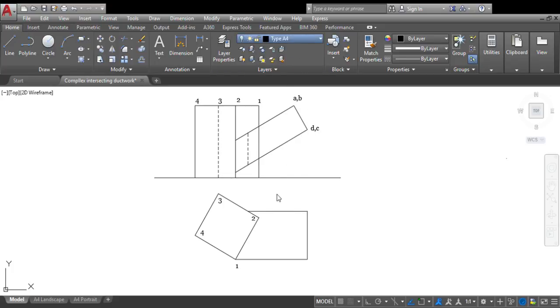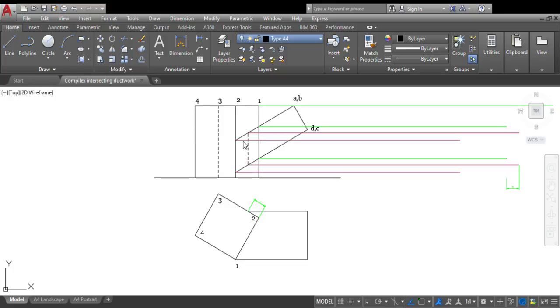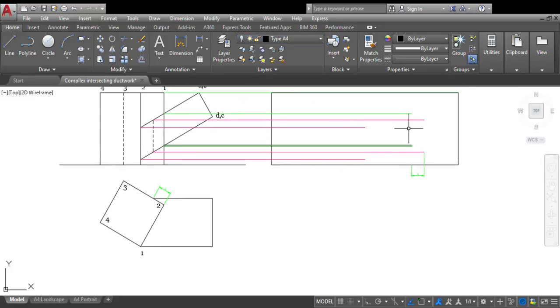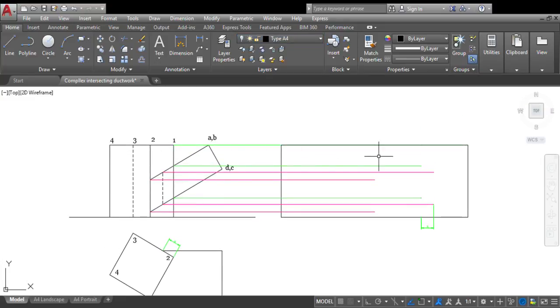So if we begin by turning on our construction layers, and then our type A lines. Okay, so what we're essentially doing here is we're bringing across our construction lines, and this is, say, the overall